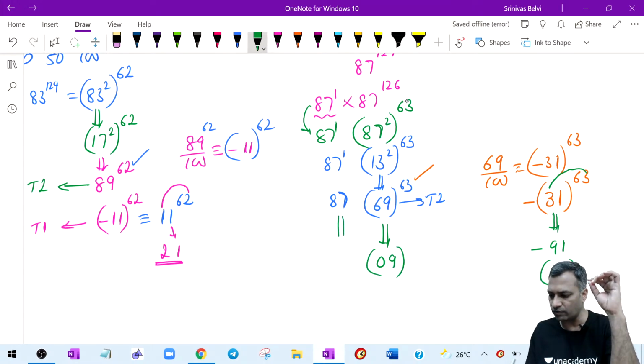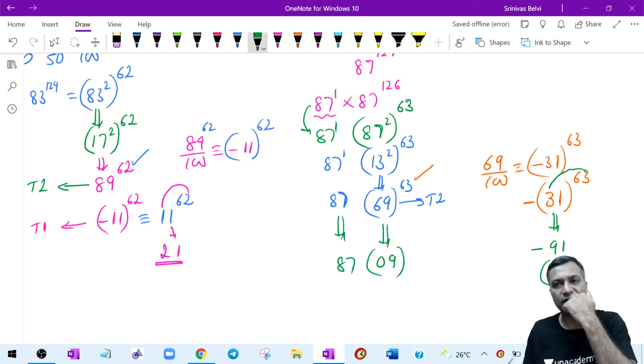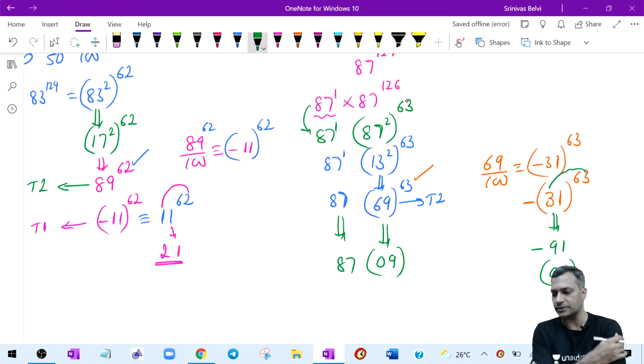Guys, are you all with me so far? Is this making sense? Everybody clear on this? Understood? Clearly understood so far? We got this 0, 9. The 0, 9 part is clear,